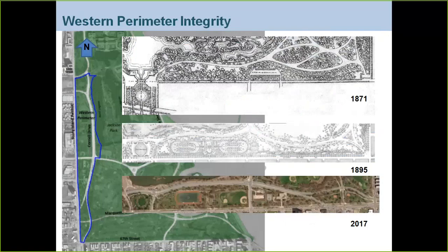So the western perimeter where the OPC is being constructed was a particular area of emphasis for